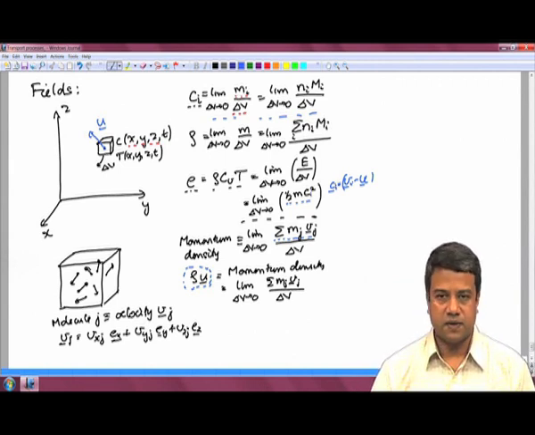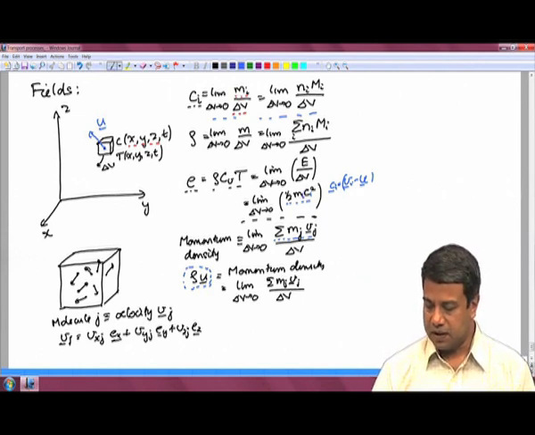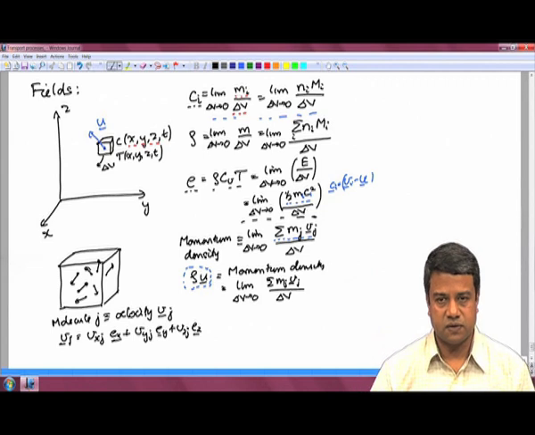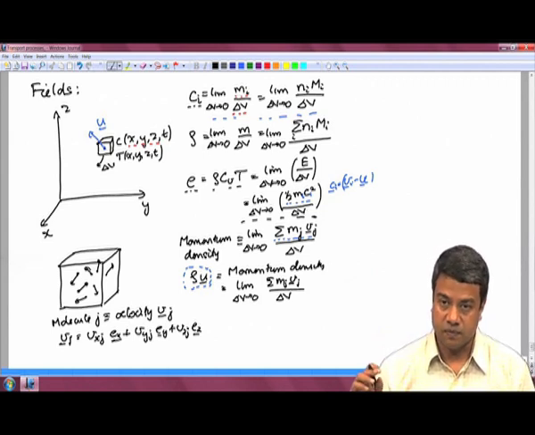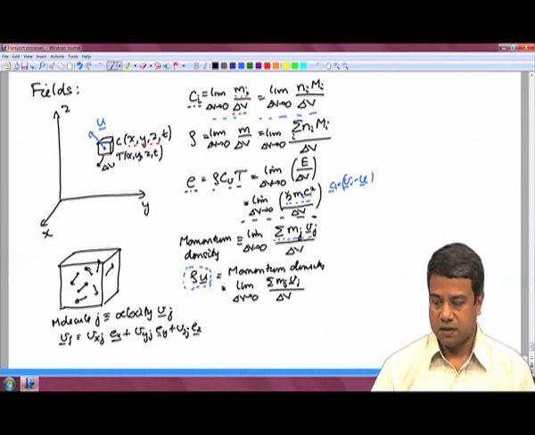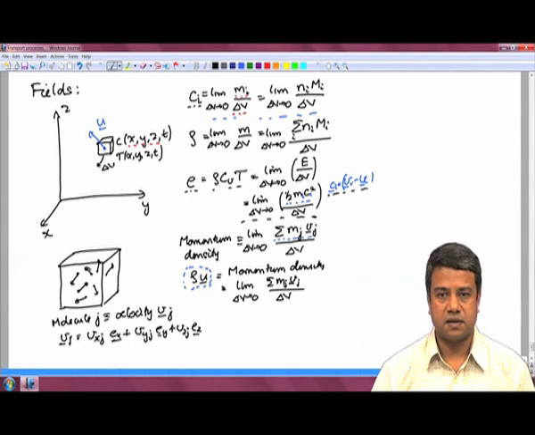Then you sum up the kinetic energy from the fluctuating velocity of each molecule times the mass of each molecule, and then you take the limit as delta V goes to 0 within this volume. The ratio of those two will be defined as rho Cv times T. In case of monatomic molecules, Cv will be 3 by 2, because you have 3 degrees of freedom. This translational thermal energy can be defined as rho Cv T for monatomic molecules, because they have only